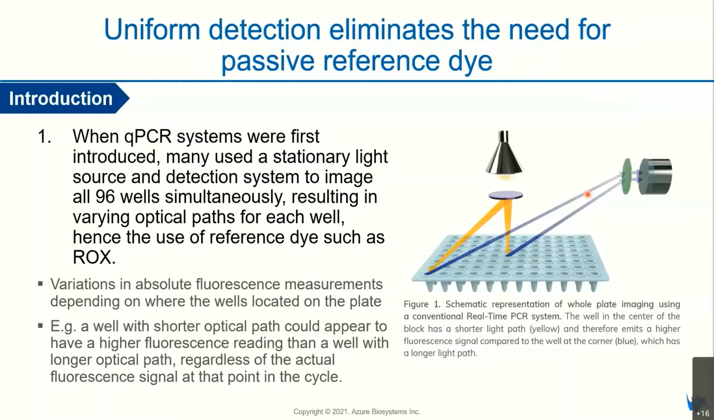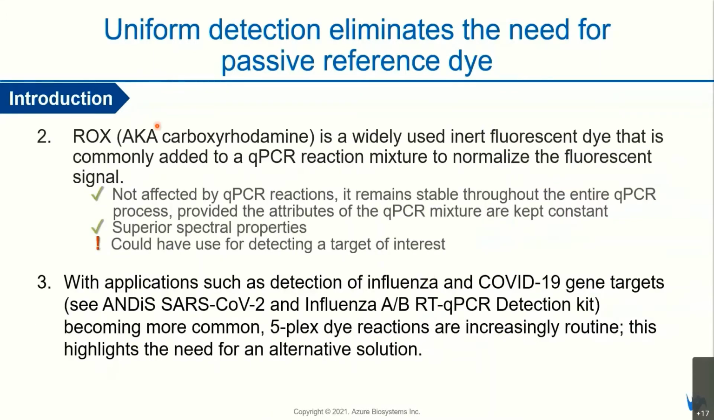So how does it affect the data? Variation in the absolute fluorescence measurement is highly dependent on where the well is located on the plate. For example, a well such as A1, which is in theory shorter than the well in the middle, will have a lower fluorescence reading than the well in the middle, regardless of the actual fluorescence signal at that point in the cycle. This is, I would say, the biggest disadvantage of this type of optical design, because it no longer really represents the fluorescence signal; it still boils down to the optical path where you put your well or sample. It matters. Thus we use ROX,